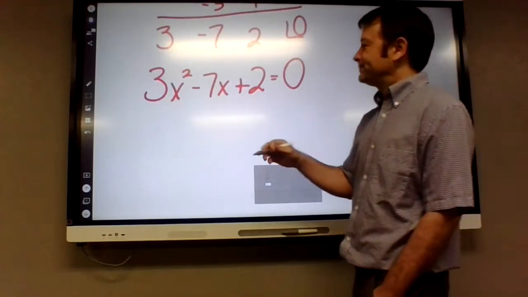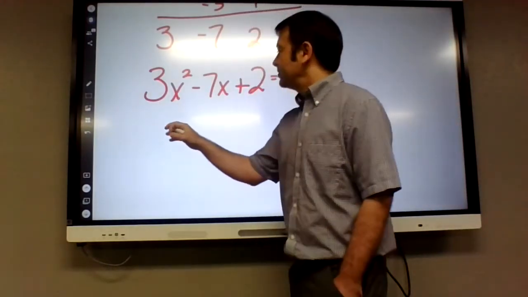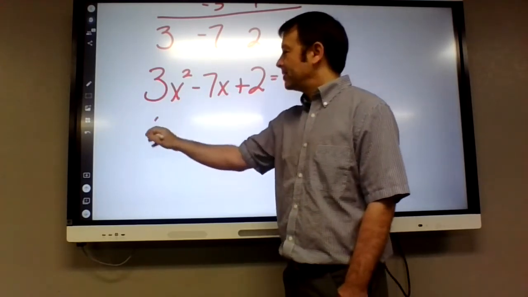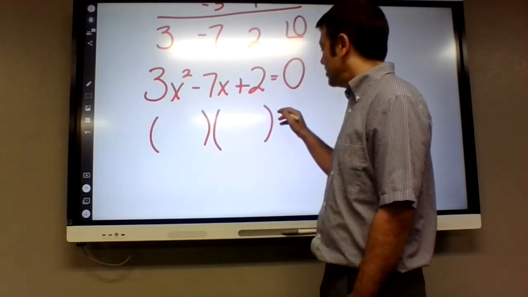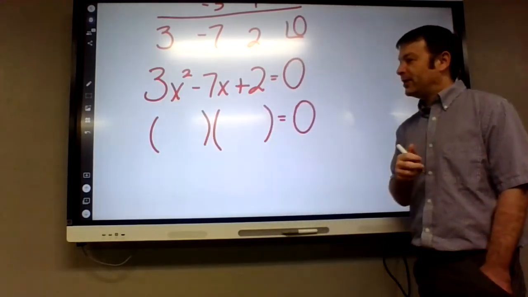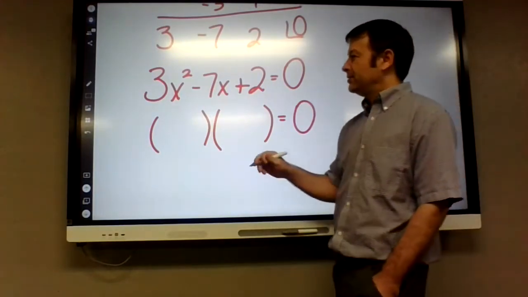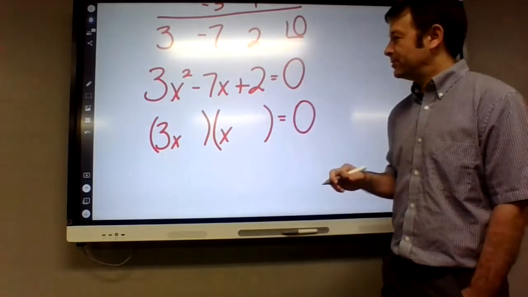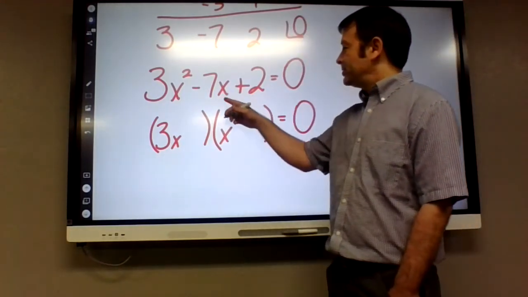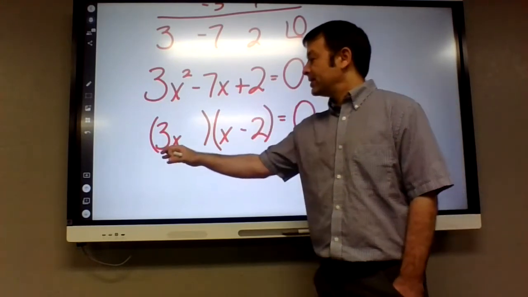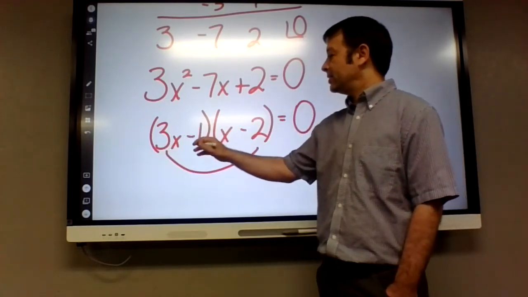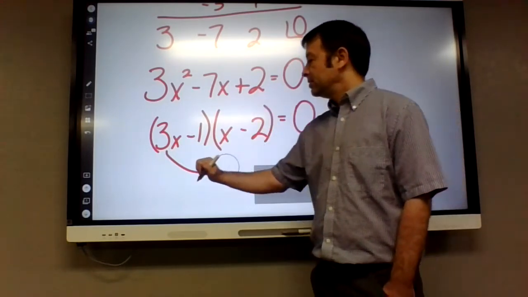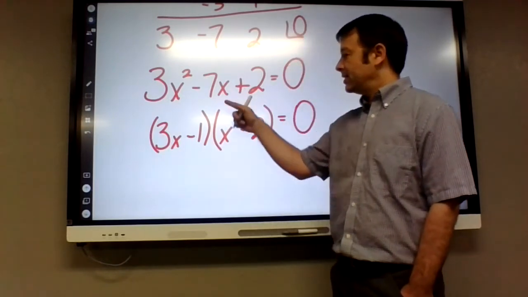Okay, anyways. I believe this one will factor. 3 times 2 is 6, and 1 times 1, that could get us to 7. If you don't like factoring, you can use quadratic formula. You do not have to factor. Sometimes quadratic formula is the only thing you can do. So I want to get it to negative 7. If I use negative 2 here, that's negative 6, and negative 1 here, that's negative 1. They multiply to positive 2, and when you do outside, inside, they add to negative 7.